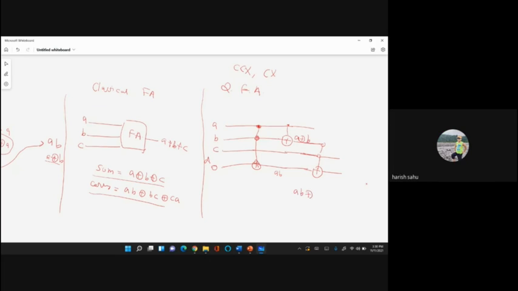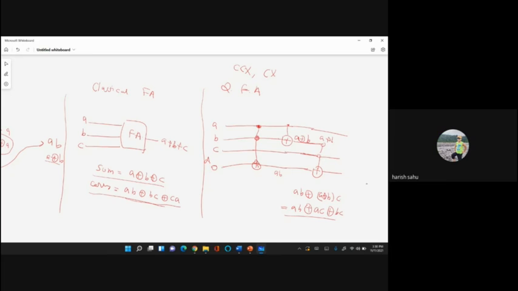It will be AB XOR with D, which is AB XOR (A XOR B) and then C, and C. Now if you open it, the C is multiplied inside, so it will be AC XOR BC, and we already have AB. So basically, the carry we have computed here.